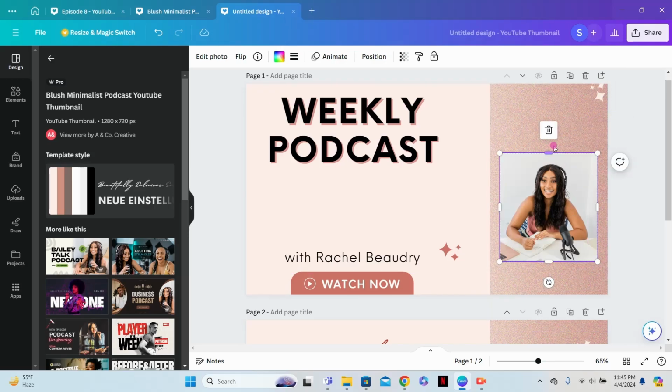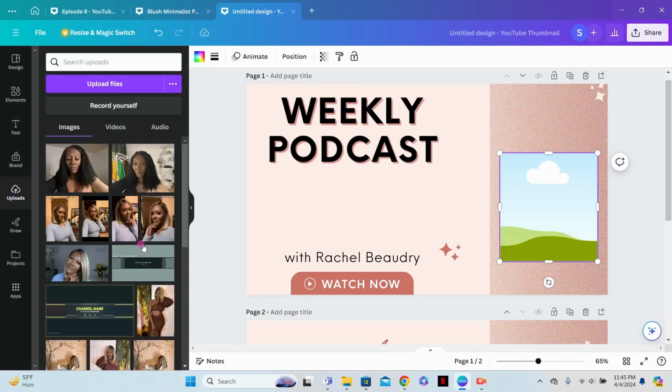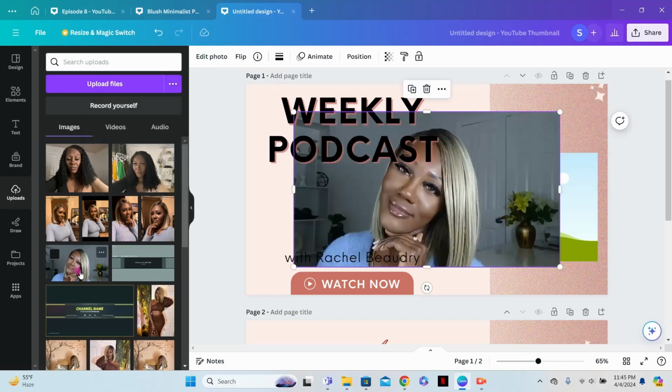So for the photo, when you hit delete, it's going to give you two options. If you delete the grid, then you're going to delete the entire thing. So I'm just going to go to delete image. And then I'm going to come over here to my uploads. I already have photos uploaded, but if you had nothing uploaded, you're going to go to upload file. And you can upload from Instagram or just pick the source that you want to upload from. And then it's going to load and display down here. So I select my photo